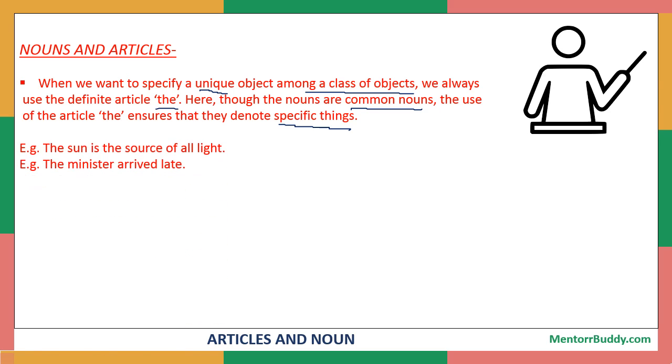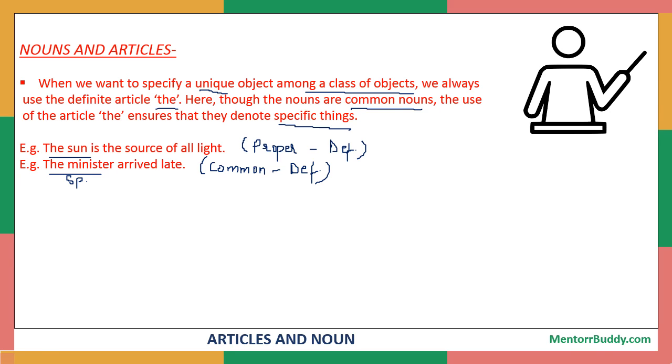For example, the sun is the source of all light. Now here sun is definitely a proper noun, right? And we are making use of a definite article along with a proper noun here. But when we say the minister arrived late, the minister over here is a common noun, and we are making use of the definite article the along with it. That means when we say the minister, we are referring to a specific minister